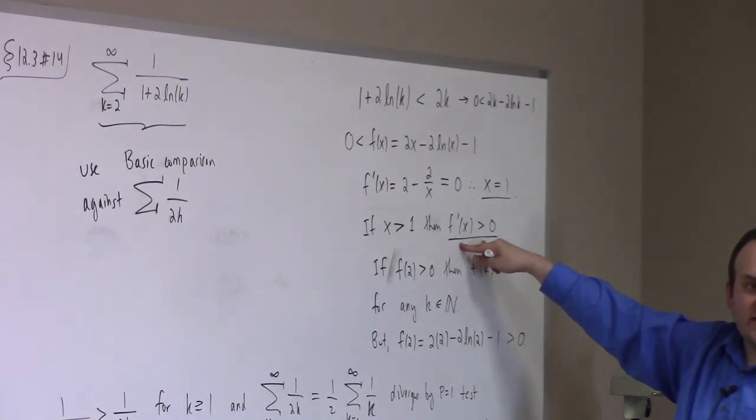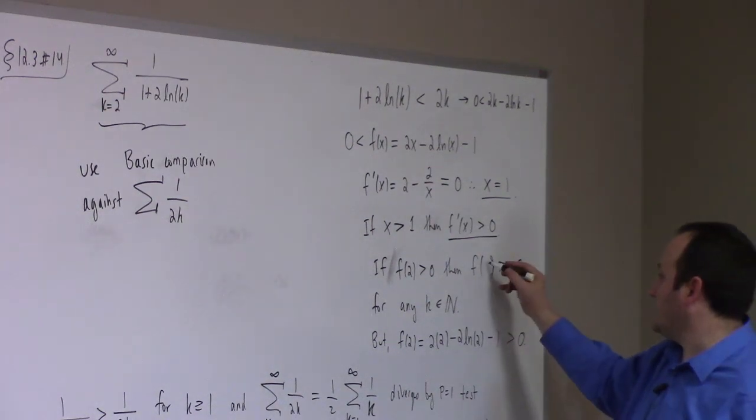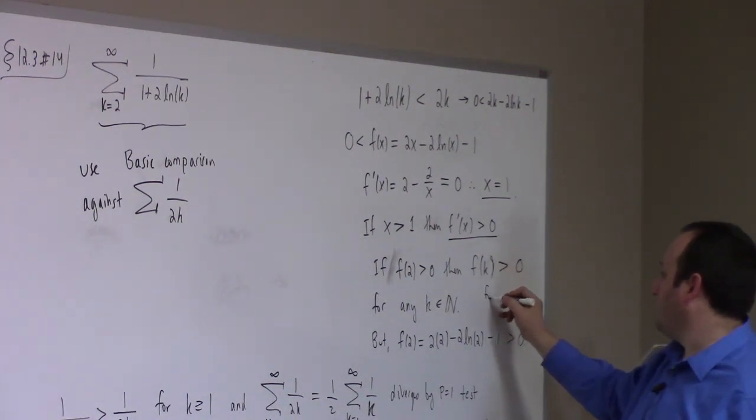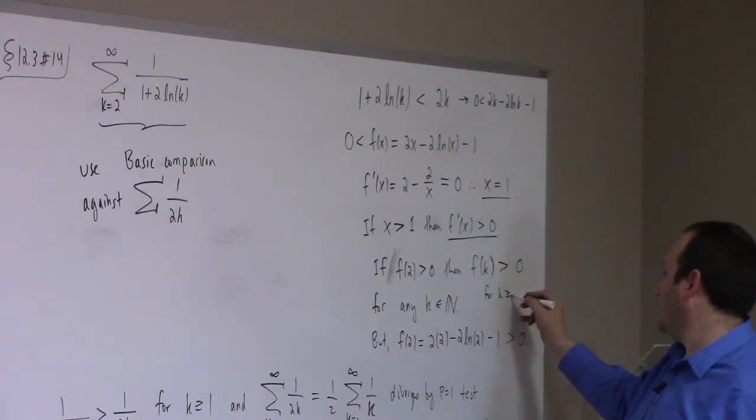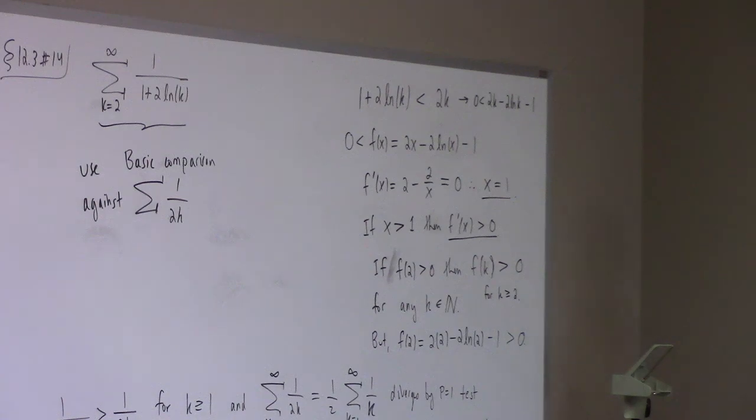So whatever the sign of f of 2 is, that is also going to be the sign for any positive integer k past it. You can calculate f of 2 is positive. Consequently, f of 3 is positive, f of 4 is positive, f of 5 is positive, f of 6, you get the idea. Hence the inequality I want is true, and so I'm off to the races, and I can use basic comparison to compare 1 plus